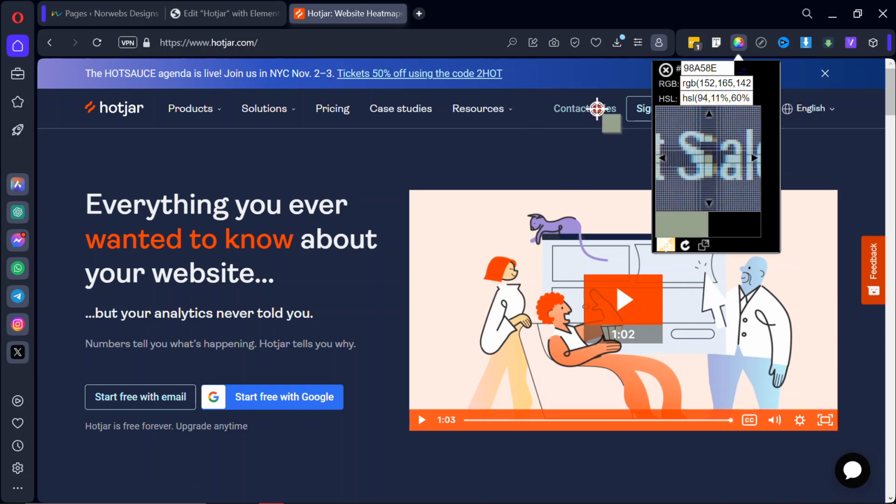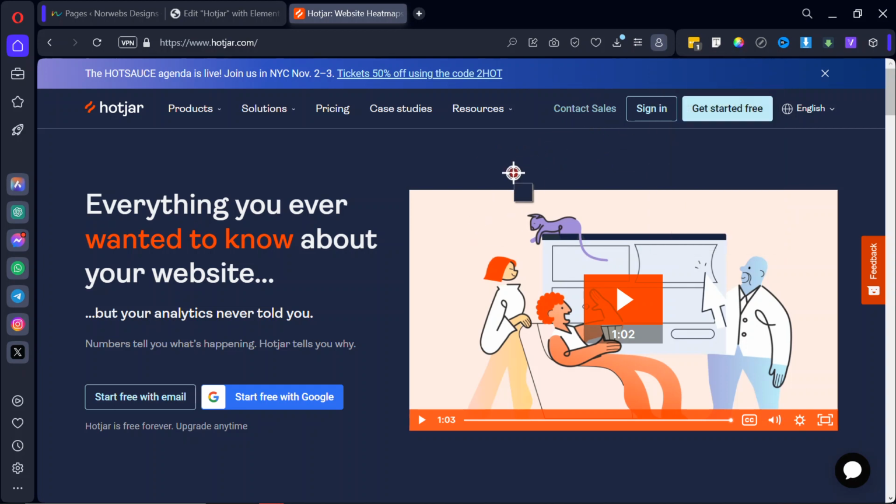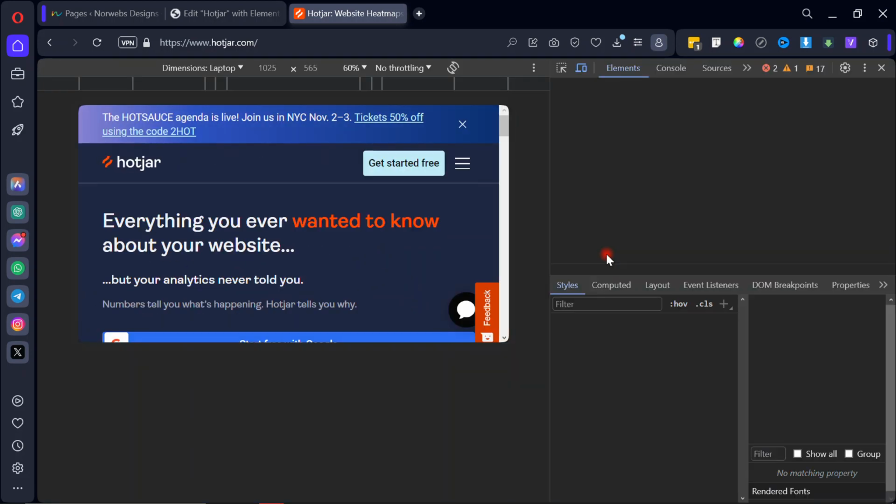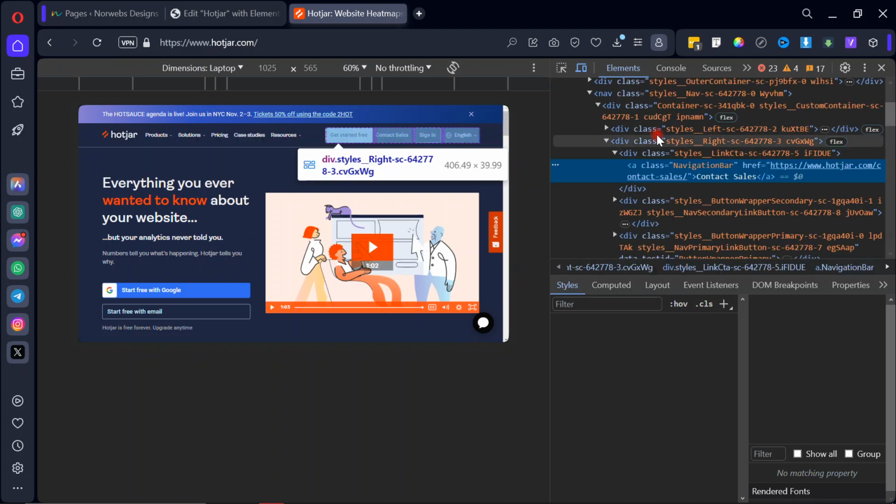So even the color picker is not getting it, because I have to hover on it. Immediately you hover on it, it kind of changes. So now I have to click inspect element, and from inspect element,